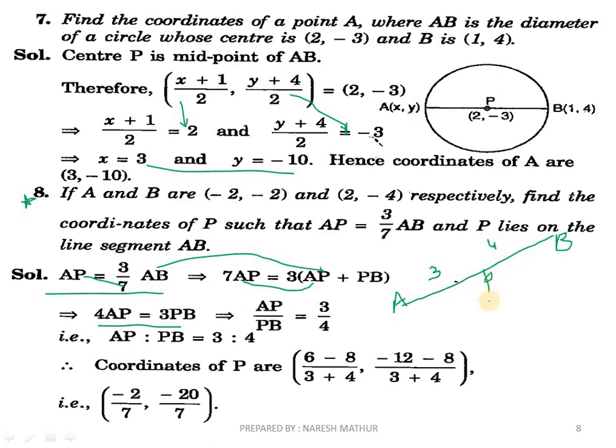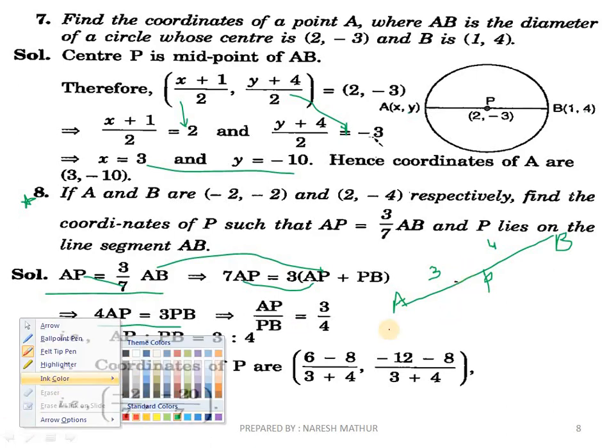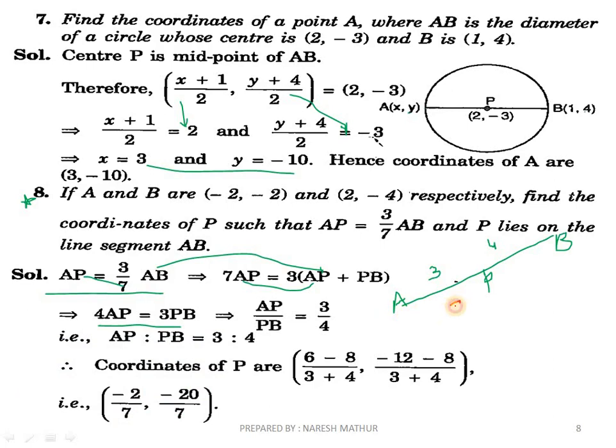Okay. Now I am explaining this thing in another way. See here. Let's say AP is given as 3/7 part of the whole. Then what should be the remaining part? It will obviously be 4/7 part, because 3 by 7 and 4 by 7 make a whole. Now cancel this 7 and this 7, so the exact ratio will be 3:4. Now we have the values of m1, m2, and x1, y1, x2, y2. Now we can get the value of P. So this will be the desired value of point P. Alright,